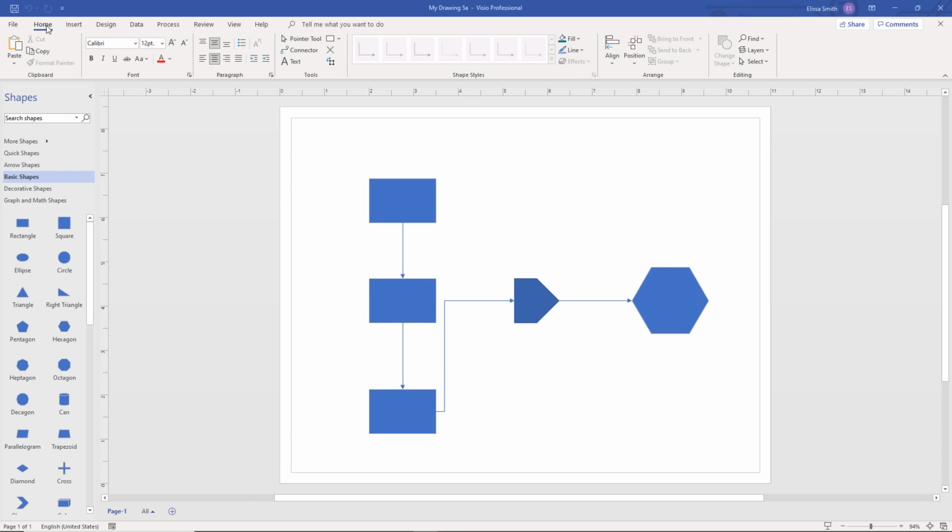We now have a drawing with some shapes and connectors in it, and we're ready to modify this drawing and add some different elements to it. So let's go ahead and start by selecting one of our shapes. All you do to select a shape is click on that shape,